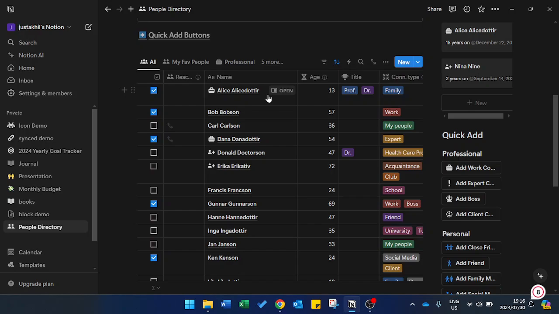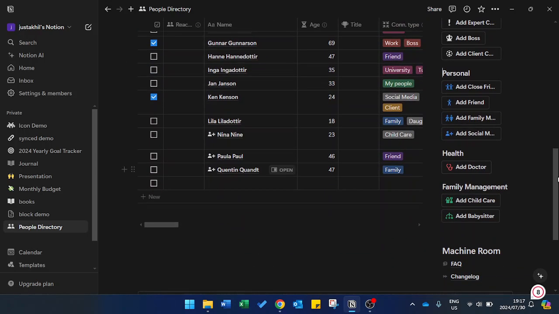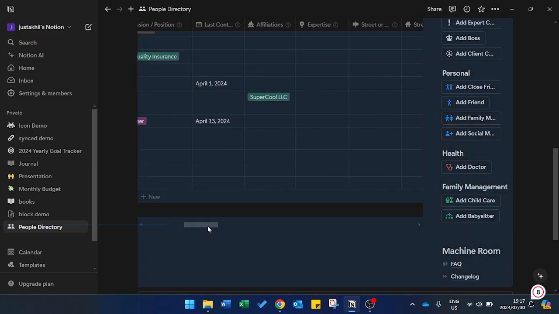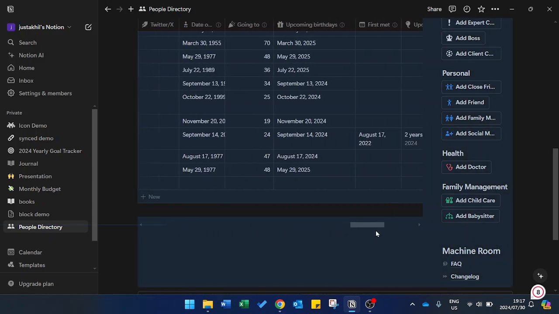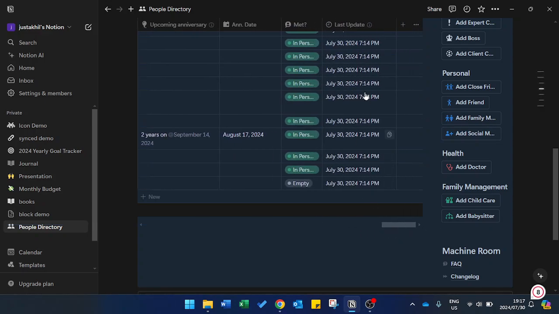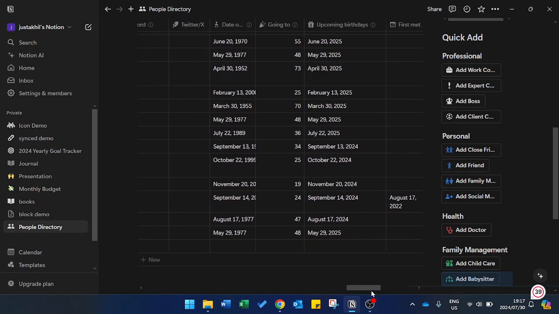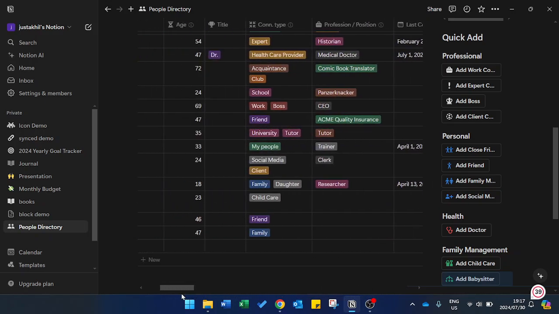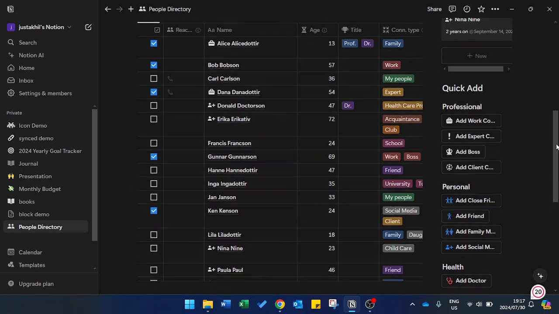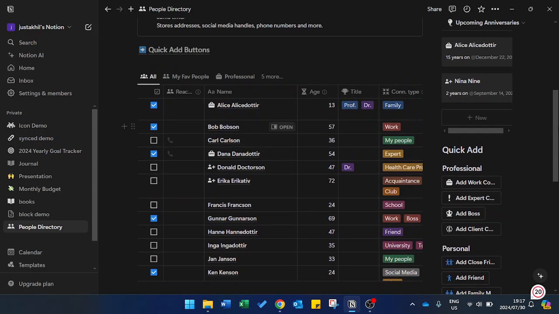So you take when last did you call them, have they been called, what is their name, their age, title, and how do you know them, and so on and so on. And in this template there's a lot of information you can fill in and use, and you see dates, and have you met them in person, and when last were they reached out, how far is their project, and all sorts of stuff. So a database can be just a